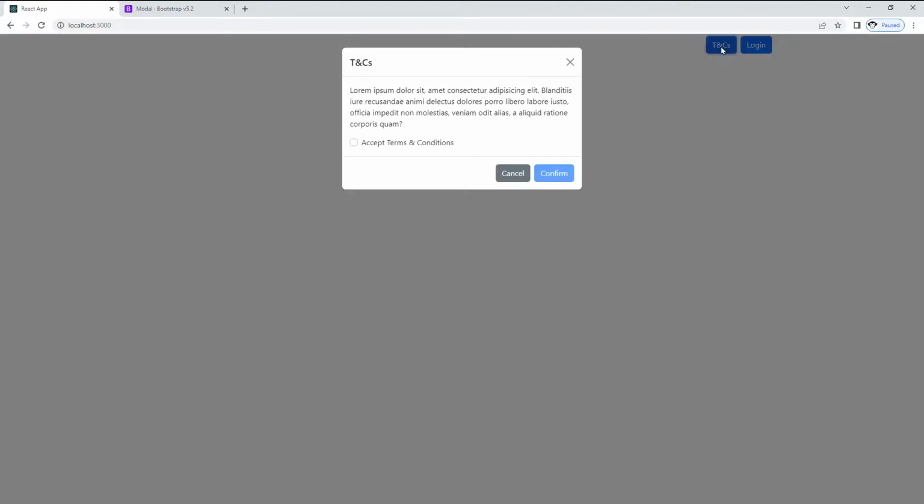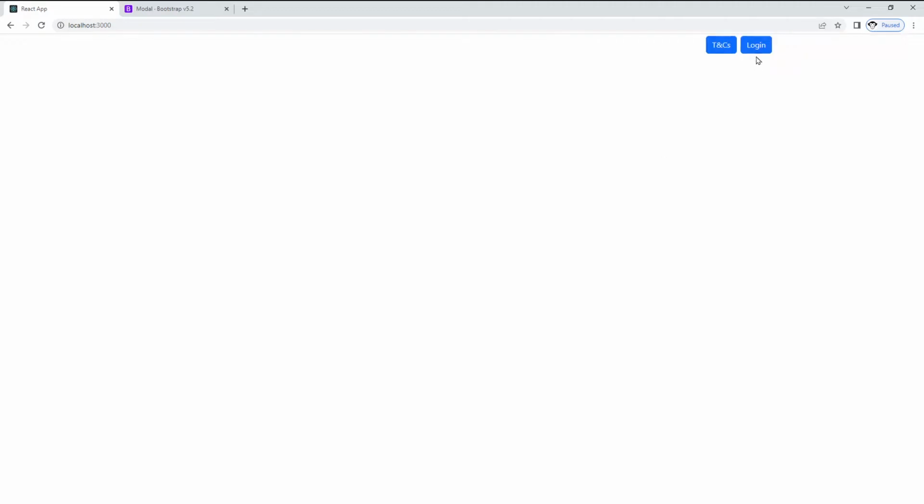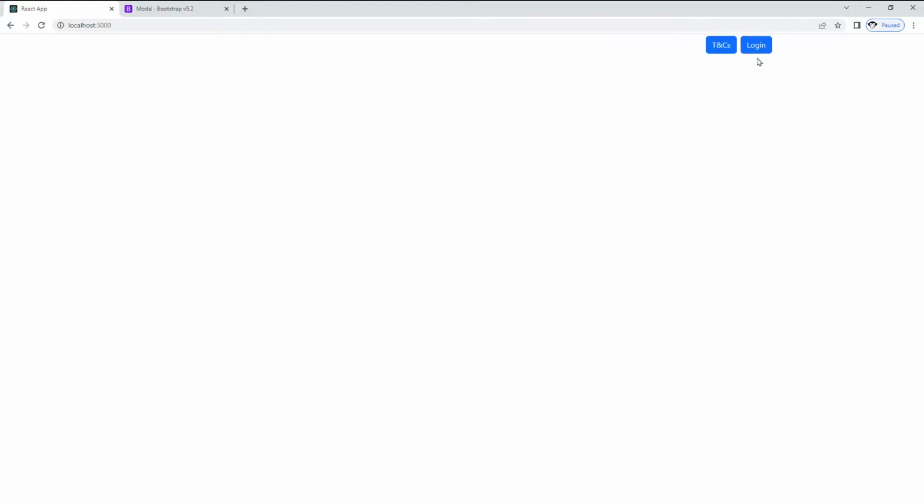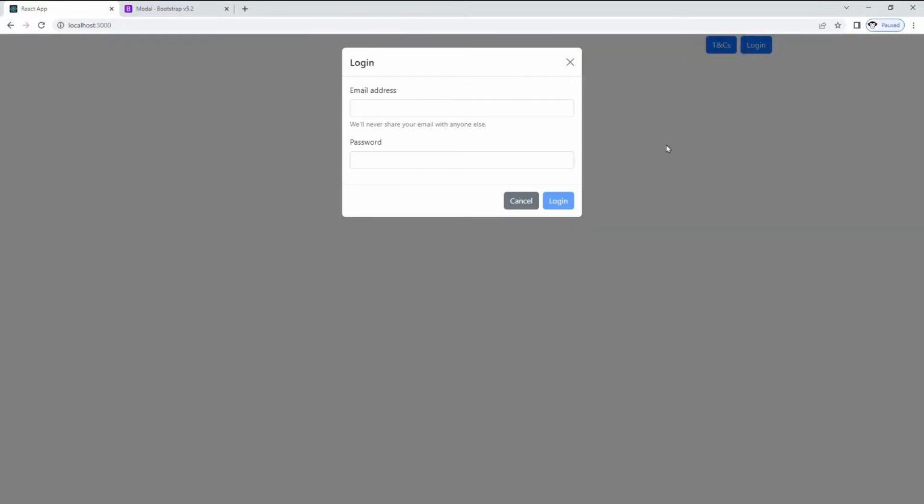If we click the terms and conditions again, it's all reset and we can't confirm until we've actually accepted the terms and conditions. We can still cancel, but we can't confirm. And we can close the modal by either clicking the cancel button or the X at the top of the modal. The second button is the login button, and if we click that, we're presented with a modal that gives